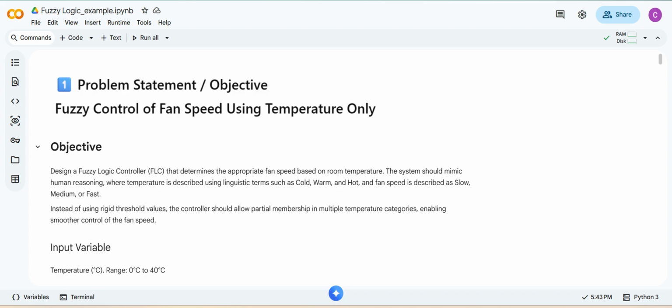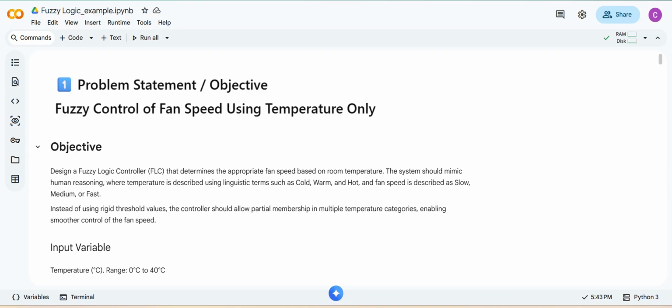The system should mimic human reasoning. That is the purpose of fuzzy logic. Here, temperature is described using linguistic terms such as cold, warm, and hot. Fan speed is described as slow, medium, or fast. Instead of using rigid threshold values, the controller should allow partial membership in multiple temperature categories, enabling smoother control